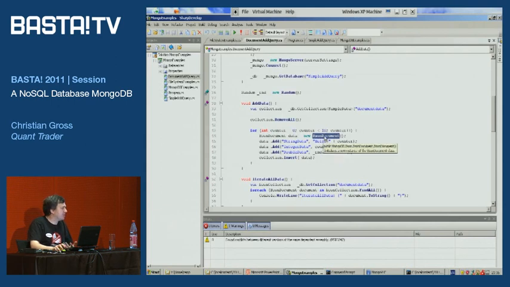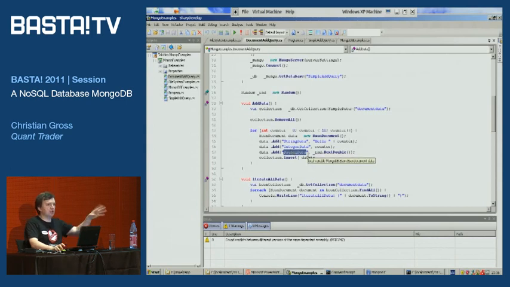This is a binary JSON document. Then what you do is you say, in this binary JSON document, I have 3 pieces of information. I have a field named string data, I have a field named integer data, and I have a field named double data. And I just store information, that's all. I just shove it in. And then I do collection insert. At that point, it's just saved to the database.